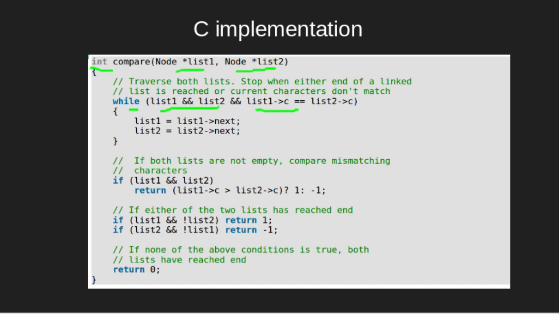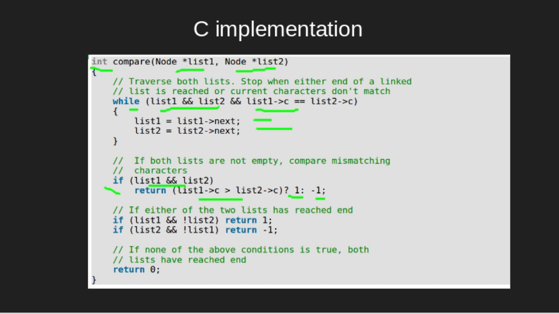We traverse both linked lists and update the pointers to point to the next node of both linked lists till the current characters of both linked lists match, and stop when the current characters don't match or when either of the linked lists reaches its end, meaning either list 1 or list 2 or both become null. If both lists are not empty, meaning list 1 and list 2 are both not null, we compare the current characters of both the linked lists. And if the current character of list 1 is greater than the current character of list 2, we return 1, else we